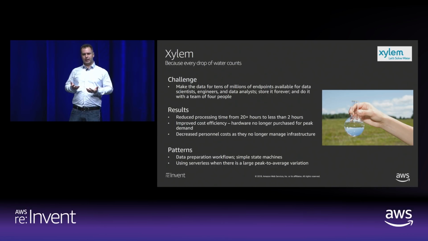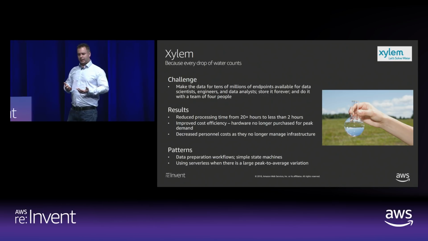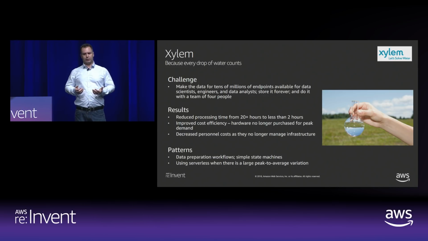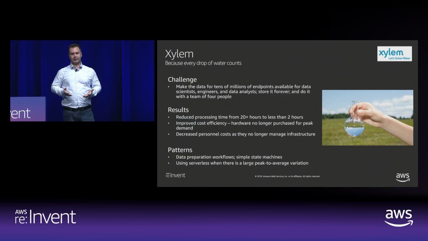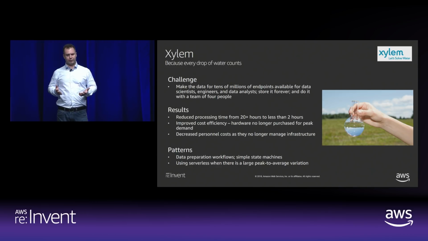And so the reason they needed something that was elastic is they don't always want to be paying for something that's provisioned for peak when in reality it's lightly used. And so this is the second pattern of interest that I'd like to call to your attention. When you have something that does have this large peak to average variation, it may behoove you to consider a serverless technology as part of modern application development,